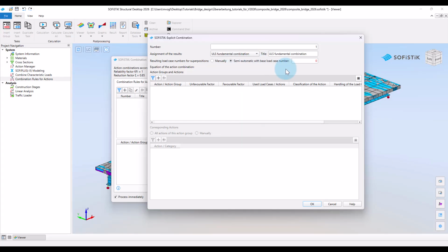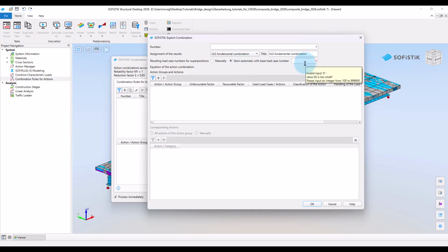The created superposition results will be stored under load cases. We recommend to use the semi-automatic option for defining the corresponding load case numbers. Here you define a base load case number.